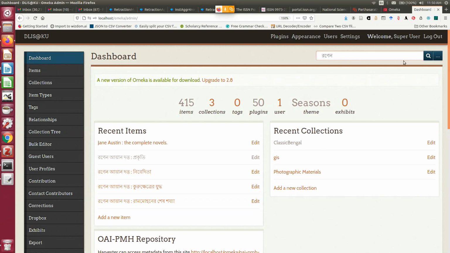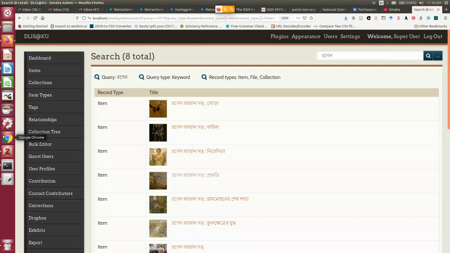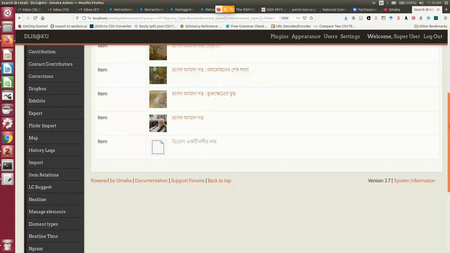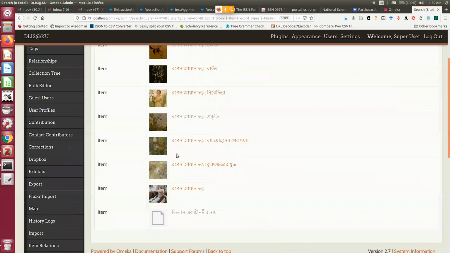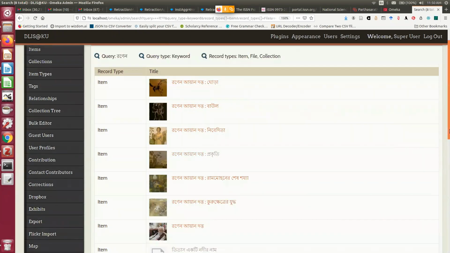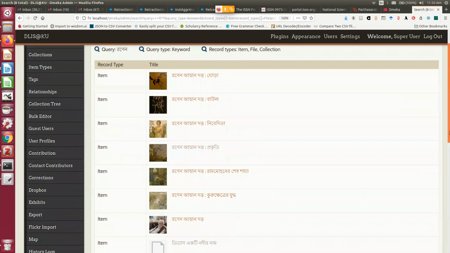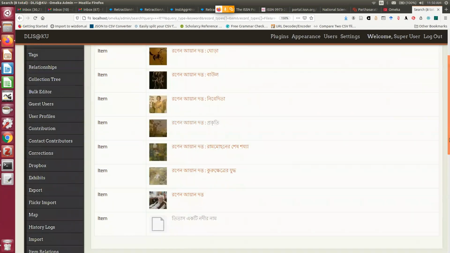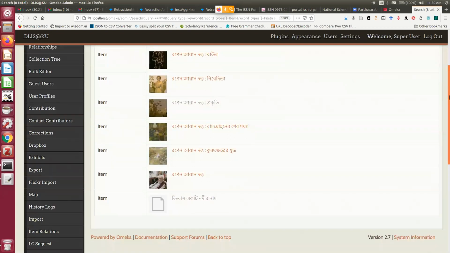If I search by Ronen, you can see all the documents with the author or artist. Here Ronen Nayan Datta is not an author, he is basically an artist. So any work of Ronen Nayan Datta. This digital library is basically a combination of intellectual or textual digital objects like books, periodical articles, etc., alongside different kinds of cultural artifacts. For example, you can see this particular novel.